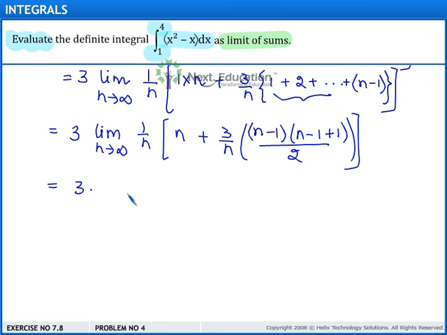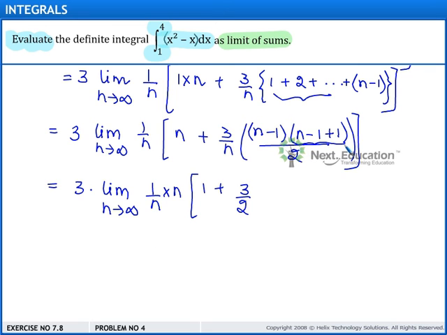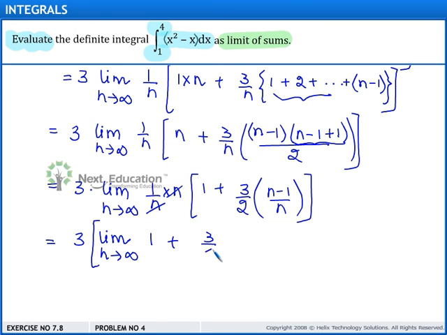So this is equal to 3 into limit as n approaches to infinity 1 upon n into n, taking n common from the bracket. Here we have 1 plus 3 upon 2. Here this term becomes n, so this we have taken out. So we are left with n minus 1 upon n, and this is equal to 3 limit as n approaches to infinity, this becomes 1. So we have, taking limit inside, 1 plus 3 upon 2 into limit as n approaches to infinity, now we have 1 minus 1 upon n,